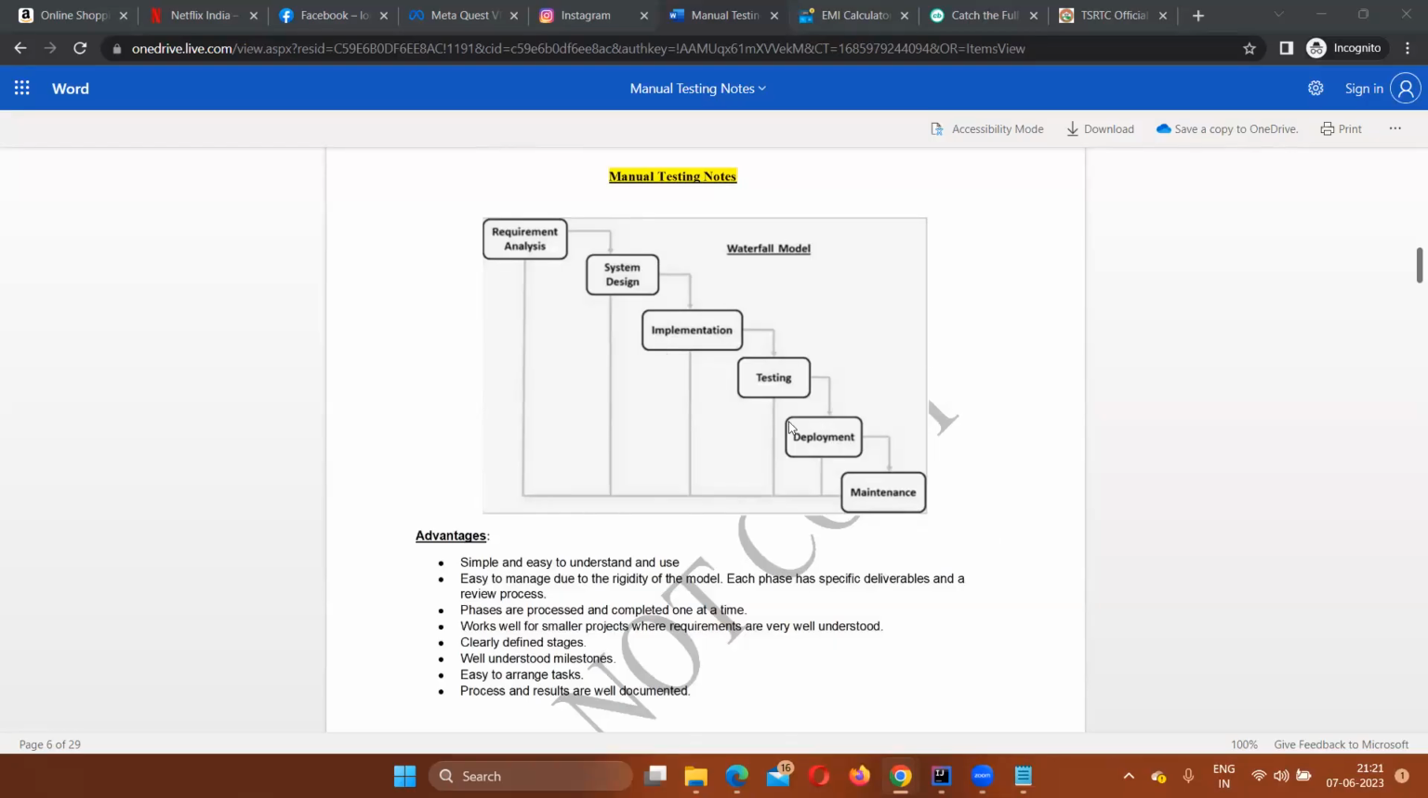So this SDLC model, your waterfall model, is a linear model. Linear means that after the completion of each phase, the output of each phase becomes the input for the next phase, similar to your normal SDLC process. But the problem with this is that if your requirements are well understood,